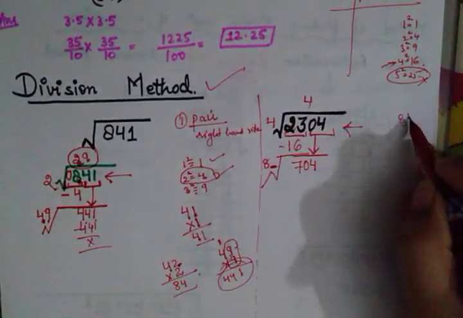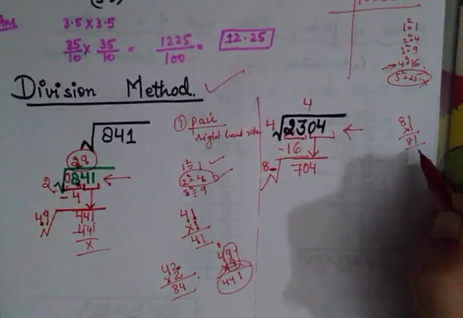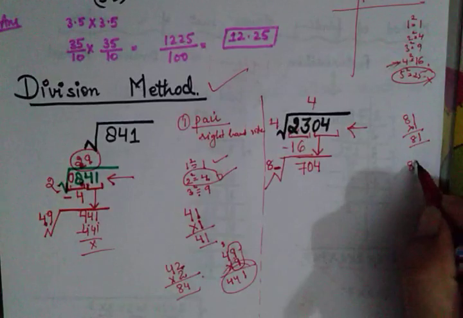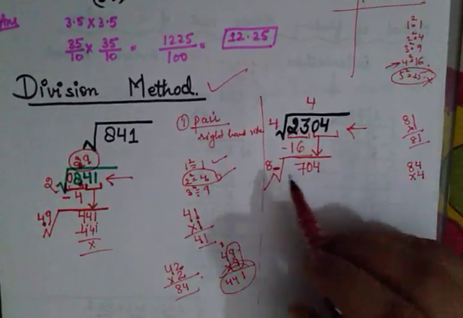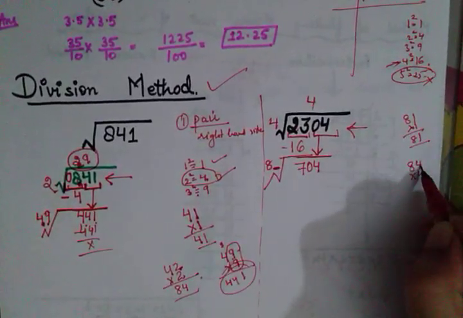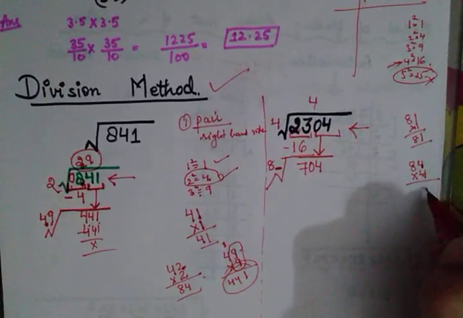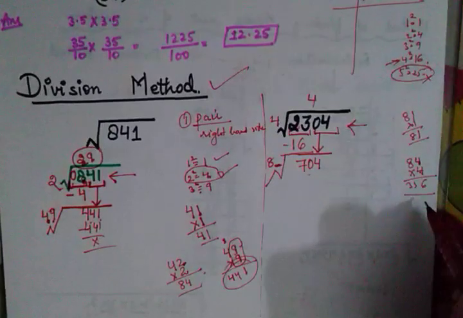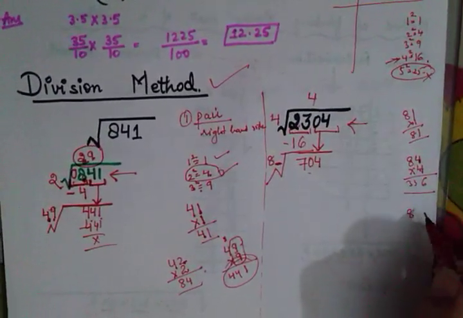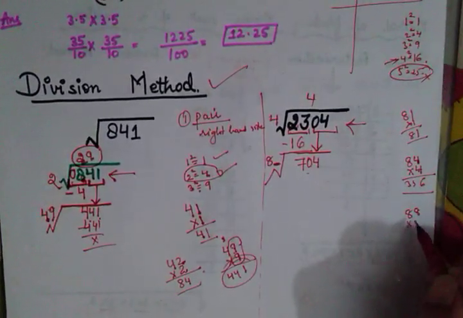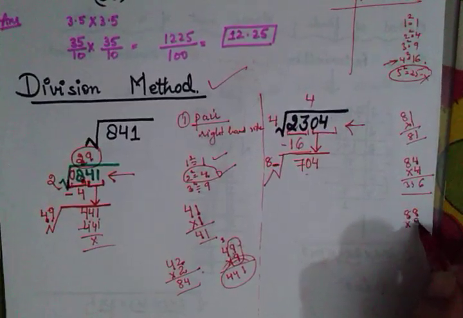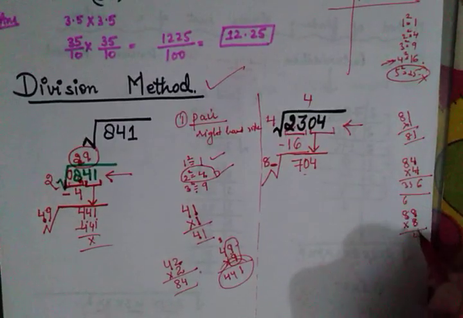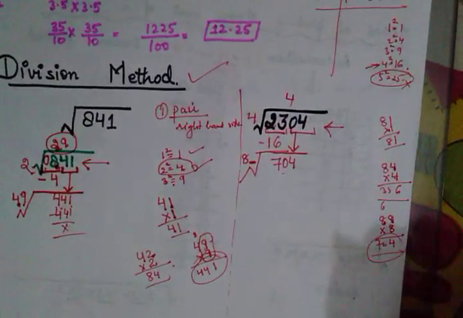Let's try by 1. It's pointless to solve because it is coming 81, which is very short than this. Let's try with 84 multiply by 4. After 8 I am attaching 4, so I have to multiply also by that. 4 into 4, 16, 1, 4, 8, 32, 33, 36. Still a lot of gap. Let's go ahead. Let's try 8. 8 multiply by 8. 8 into 8, 64, 6 carry, 8 at 64 plus 6, 704. This is what we wanted.